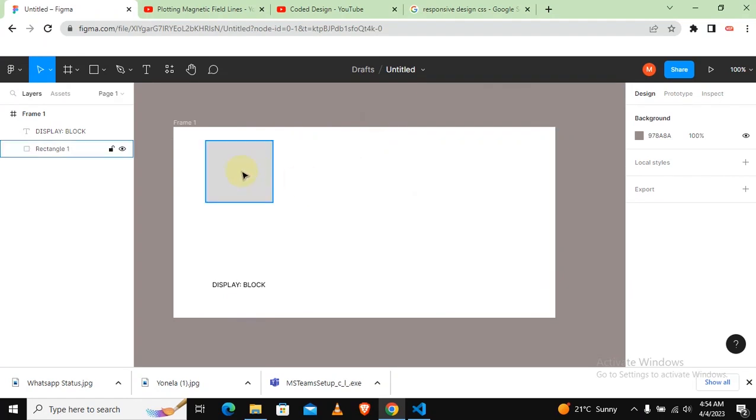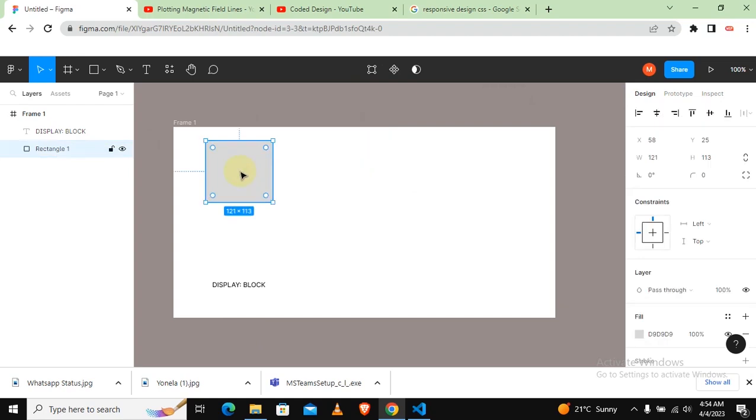So if I'm setting this to display block, number one, if the display property was set to none, it was invisible. Number one, it is going to be visible. That is plain English. However, this is what it also means. It will mean that